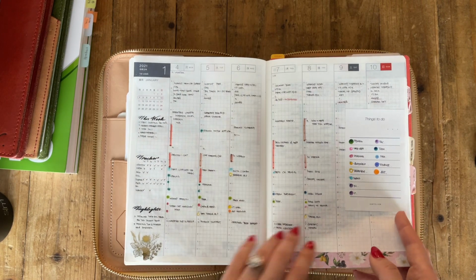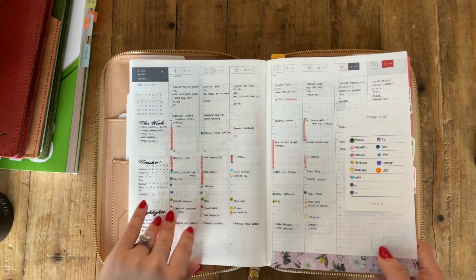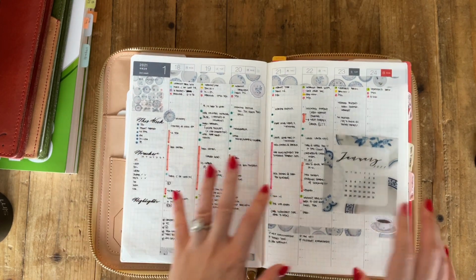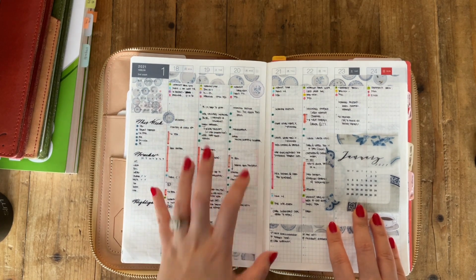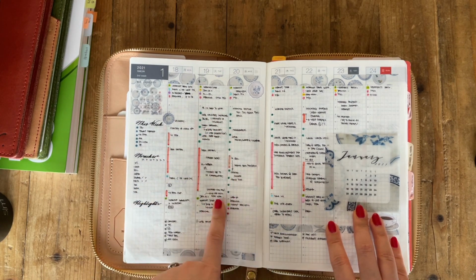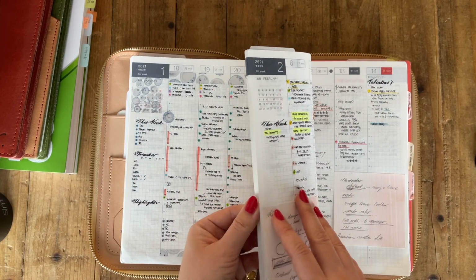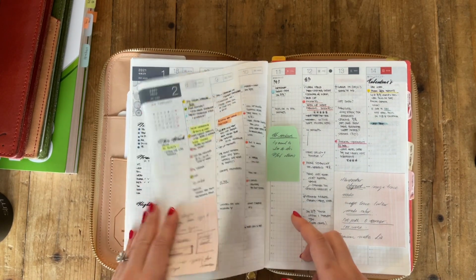So the first 2 weeks was really nice because my husband was actually on vacation, so I had the entire day to do whatever I needed, so that was really nice. But as the week went by, the time I had to do whatever I needed just decreased drastically. So it became more of a to-do list section, so that's where I would just write out my to-do list. If it's something that happens at a specific time, then I just highlight it using orange,